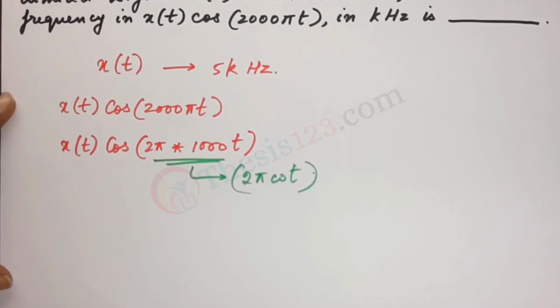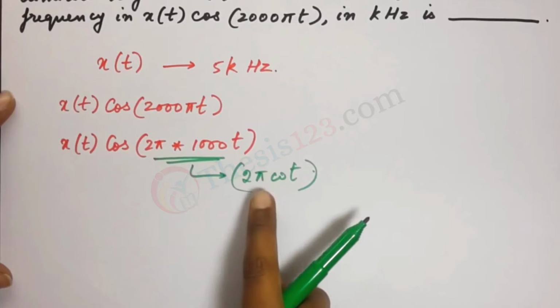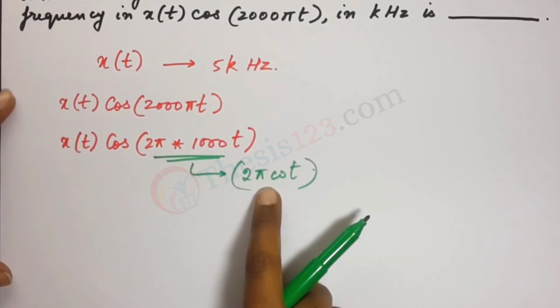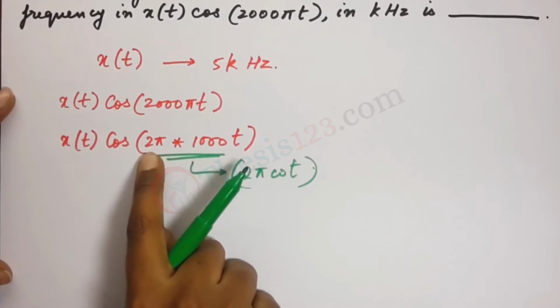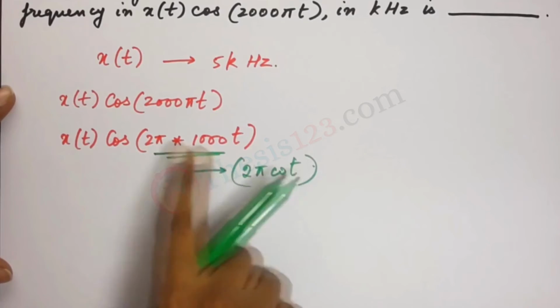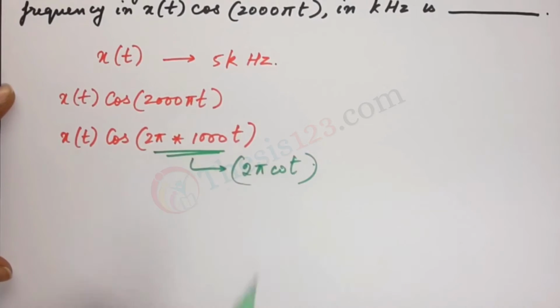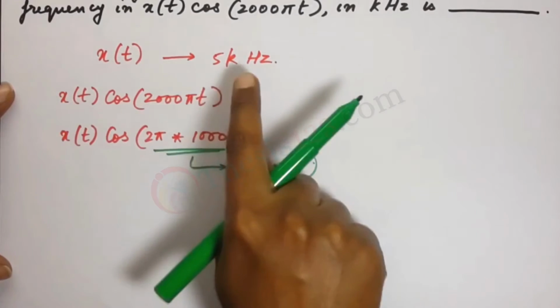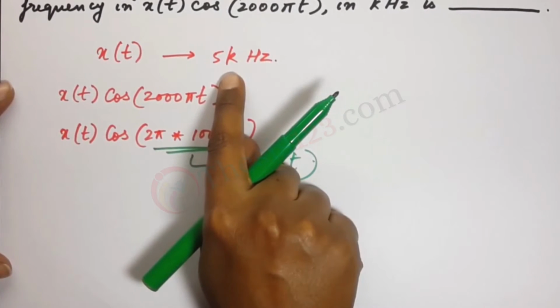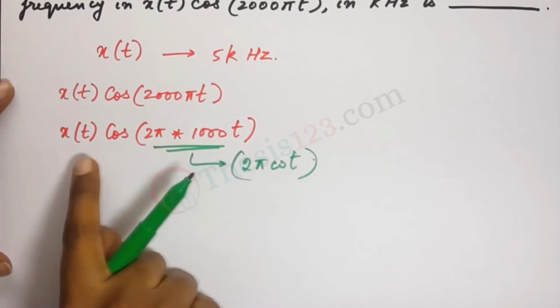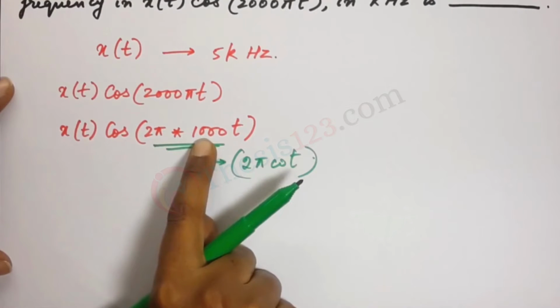For any trigonometric function, this is the usual notation. Using this notation, if we split it, we get it in terms of 2 pi into 1000. So 2 pi into 1000 is 2000 pi t. Now x of t, the maximum frequency is 5 kilohertz, so for this we will have to add the